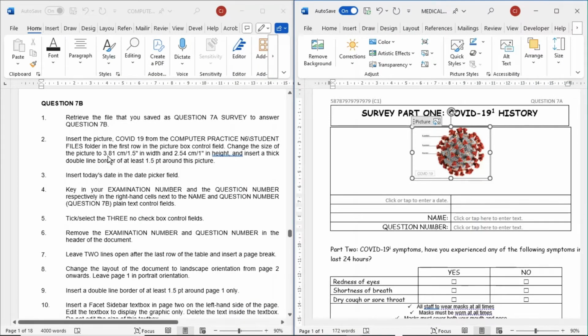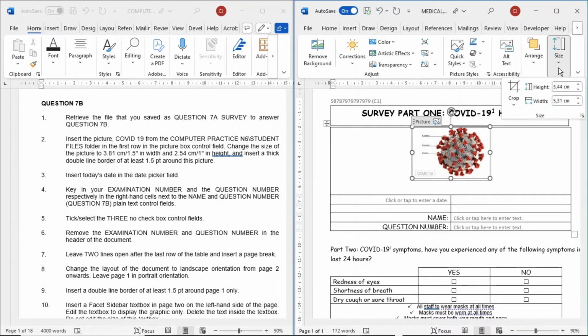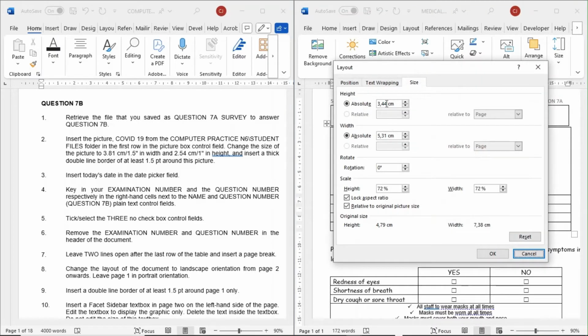Okay, 3,81 size. 3,81, and then the width. That's the width. Okay, 2,54, and the width is. Okay, can you see that it gives us an error?